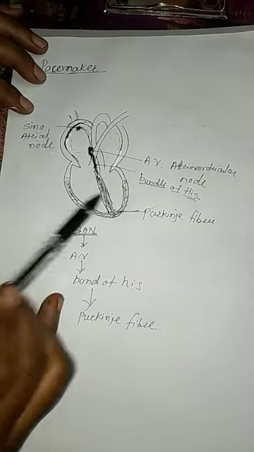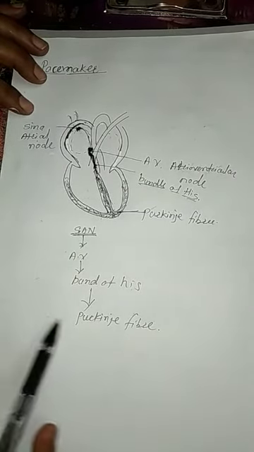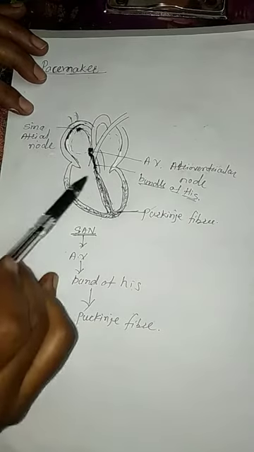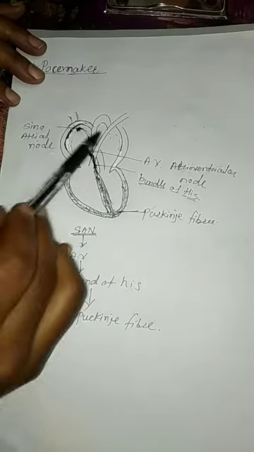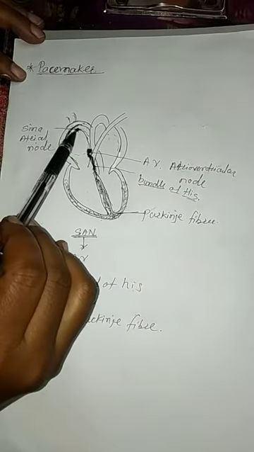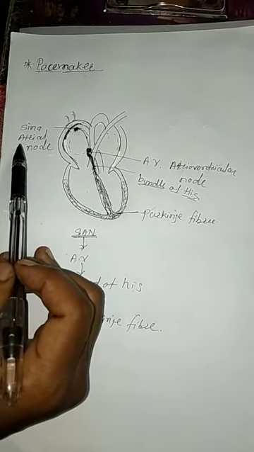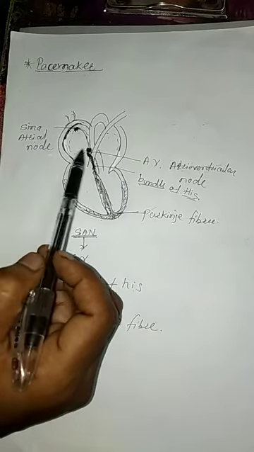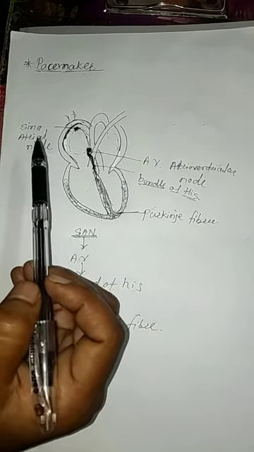What is meant by pacemaker? What are the important parts of the pacemaker? All together, the system creates the impulses in the heart and conducts them to all parts of the heart, and due to this pacemaker, naturally the electrical impulses are generated in the heart, and the heart contracts and relaxes.